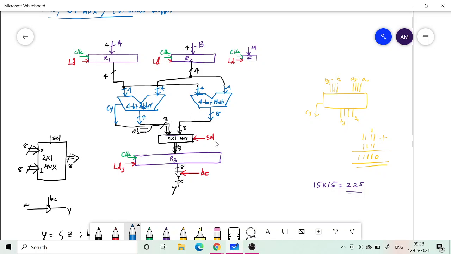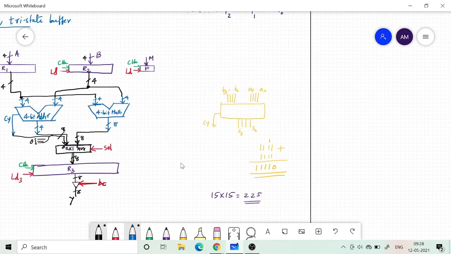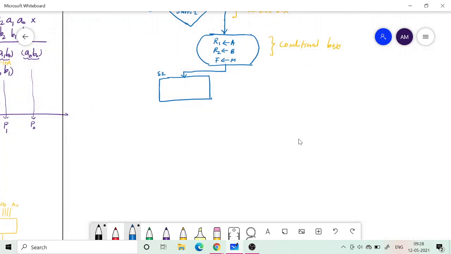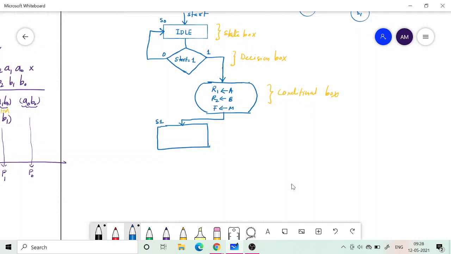If I denote 0 here and 1 here, 1 means the multiplication result will be loaded, and 0 means the adder output will be loaded. That is determined by the select input. Who will give the select input? The controller will give it. We have to design the controller, and only then is the design going to be complete. So RTL design has not only the data path specification but also the controller specification.